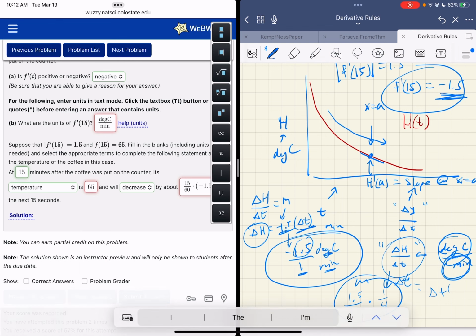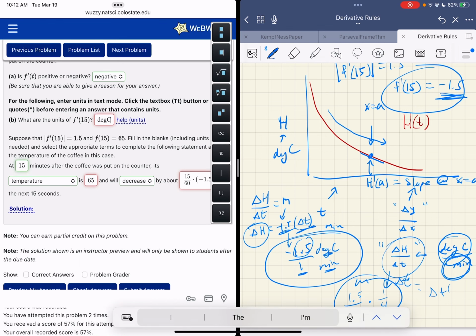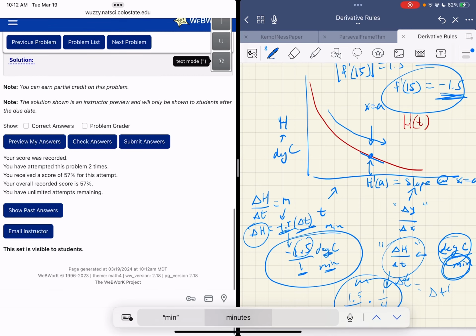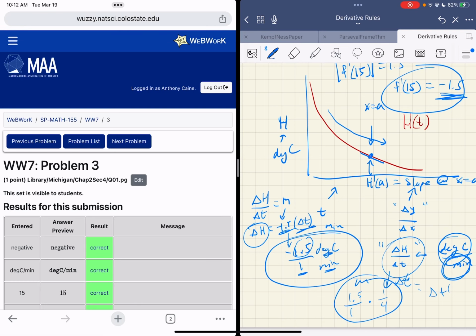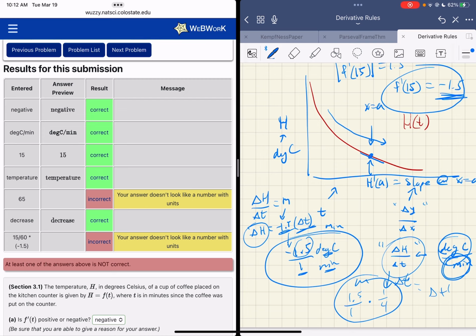Okay, let's try this again. All right, what are the units of that? Let's be in text mode. Let's hit this. Let's try that. Let's see how it likes that. I don't know. Okay, great. So if you're having issues with that,